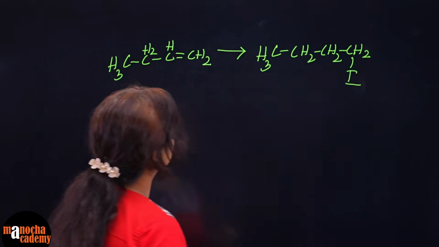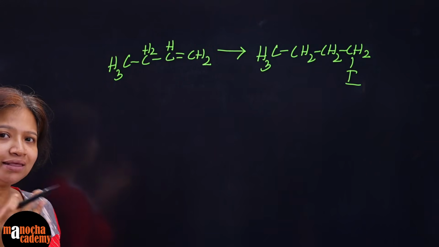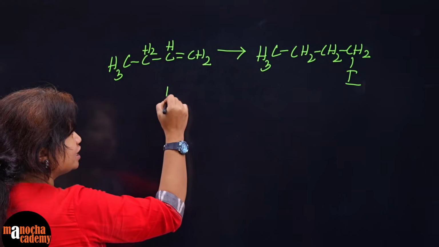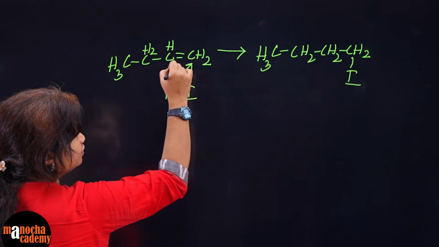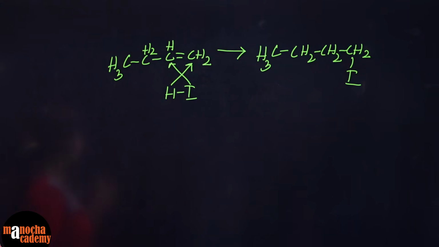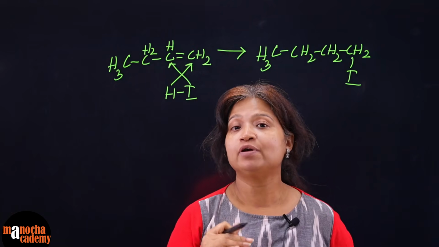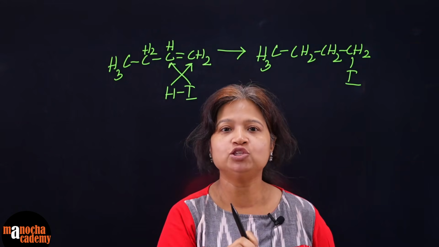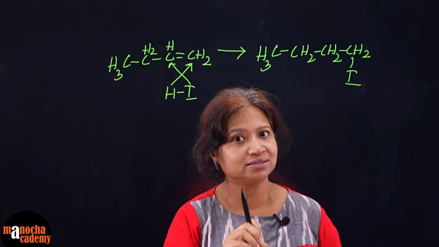Why tricky? You might think, why not add HI? Because to an alkene, when we add HX, we get the corresponding halo compound. But if you add HI, if you remember Markovnikov's rule, H will add here and I will add here. So you will not get 1-iodobutane, you will get 2-iodobutane, right? But we know that anti-Markovnikov addition is applicable if we add a peroxide. But that anti-Markovnikov addition is applicable only with HBr. It's not applicable with HCl or HI. That also is again a class 11 concept.